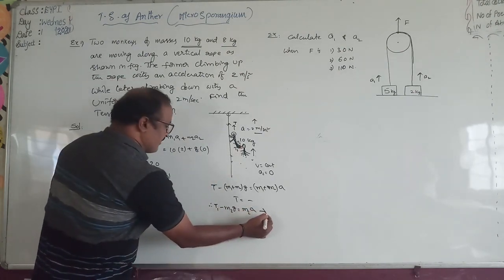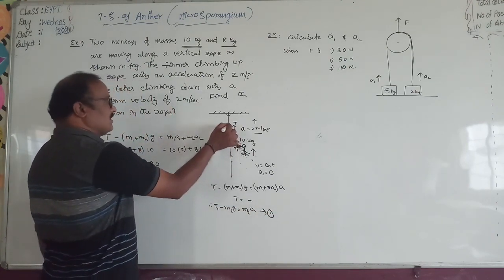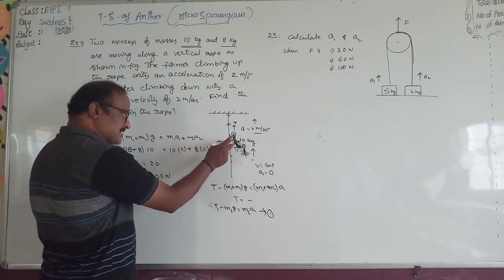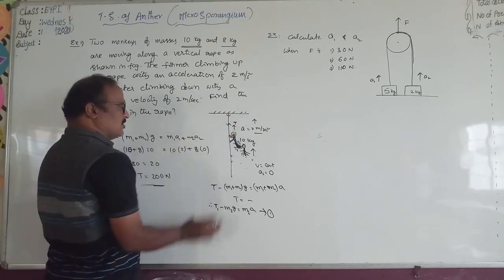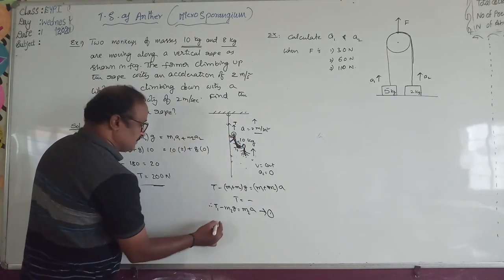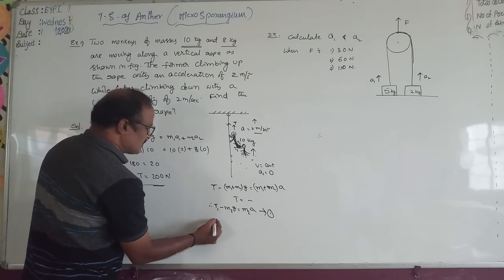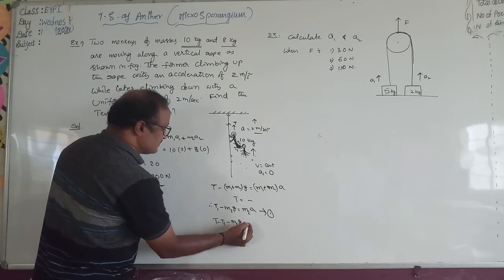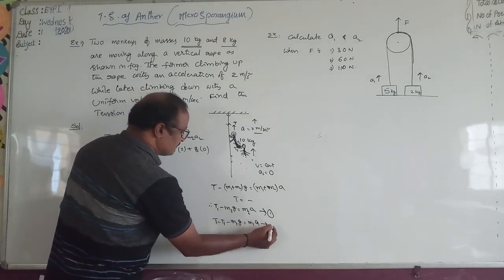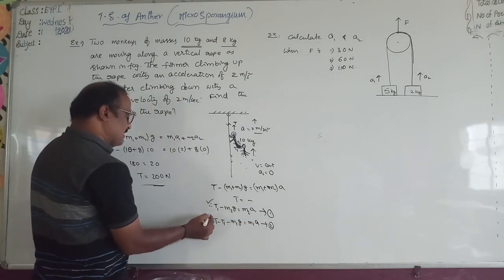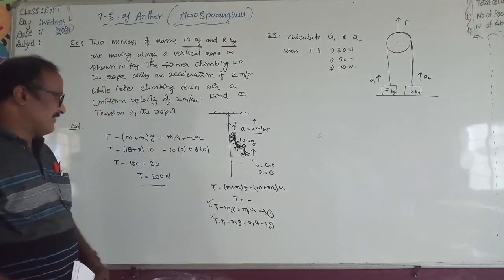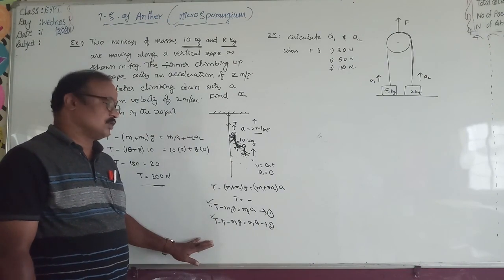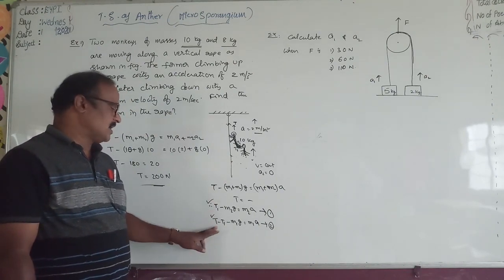From the free body diagram of the first monkey, capital T is the tension upwards, and T1 is the tension downwards towards the tail. Still it is moving upwards. That means the net force is T minus T1 minus m1g is equal to m1 into a. So by doing the free body diagrams, we will develop these two equations. From these equations, we can find the unknown parameters, either T1 or capital T.